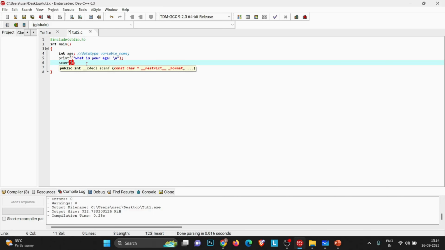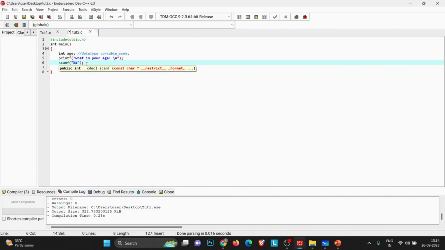So let's tell scanf that my user will enter an integer number. Inside the scanf braces, after a comma, we will write